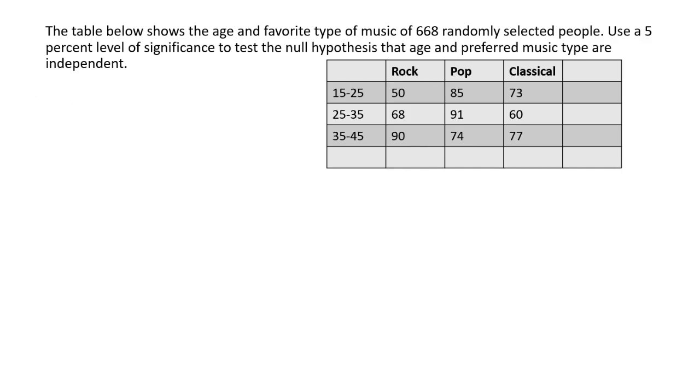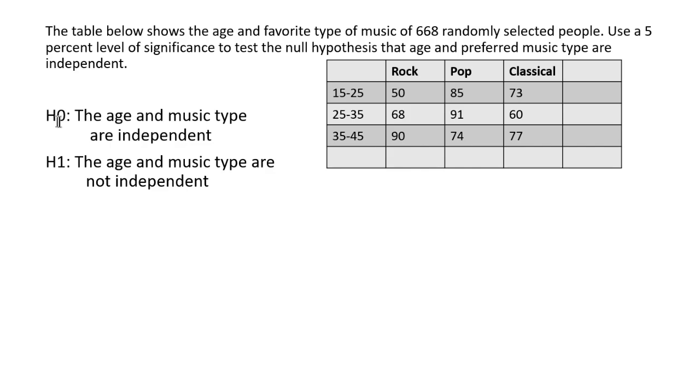So we work with the following hypothesis. The null hypothesis is that the age and music type are independent, and the alternative hypothesis is that the age and music type are not independent. So this type of testing is called chi-square test of independence. And for chi-square test of independence, you always have the alternative hypothesis as the not independent one, and the null hypothesis as the independent one. And we come up with some scoring system to see how